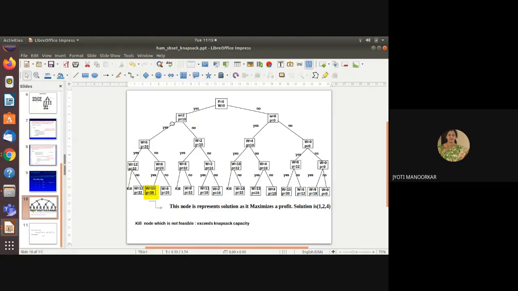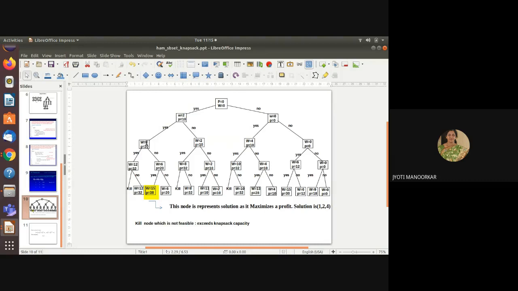here also you have to deal with two branches, left branch and right branch. The left branch represents that you are including the second atom, and the right branch says you are not including the second atom. So if you are including the second atom, explore this node. Can you create a node over here? Check the current capacity of the knapsack against the current weight.